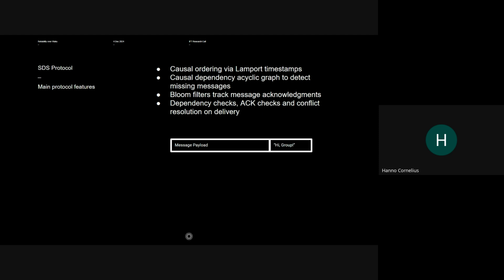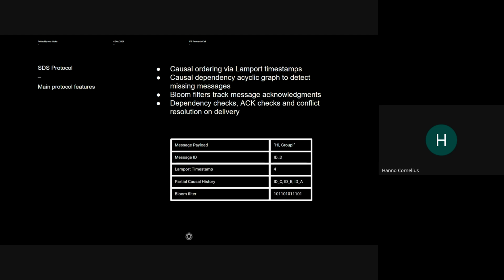Yeah, so previously maybe you just did the message payload. This is what you sent to the group, group message. But now we add a little bit of information here. So there's a message ID. This is just a reference to this message, or a hash that uniquely identifies this message. It's a lamport timestamp, just a monotonously increasing sequence number in a sense.